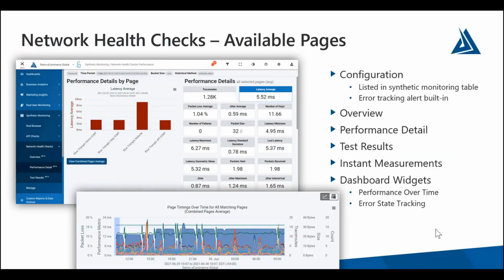All right, so let's get into what all of this looks like in Blue Triangle. So as far as the configuration goes, you're going to configure a network health checks monitor, and that is going to be listed in the synthetic monitoring table. Inside of that configuration is also going to be the error state tracking alerting configuration, and we'll show you that here in a second. We have an overview report or dashboard, really, a performance detail report, test results,